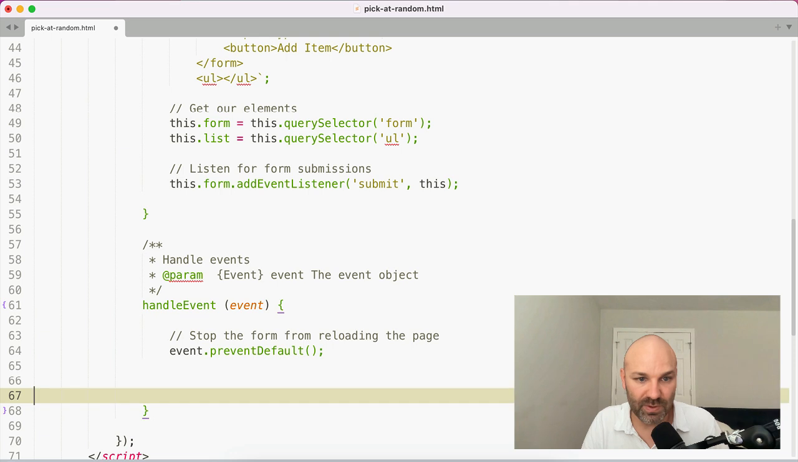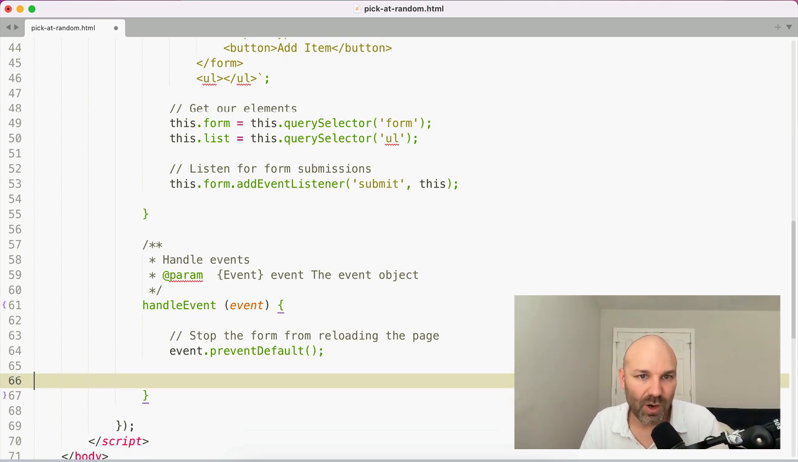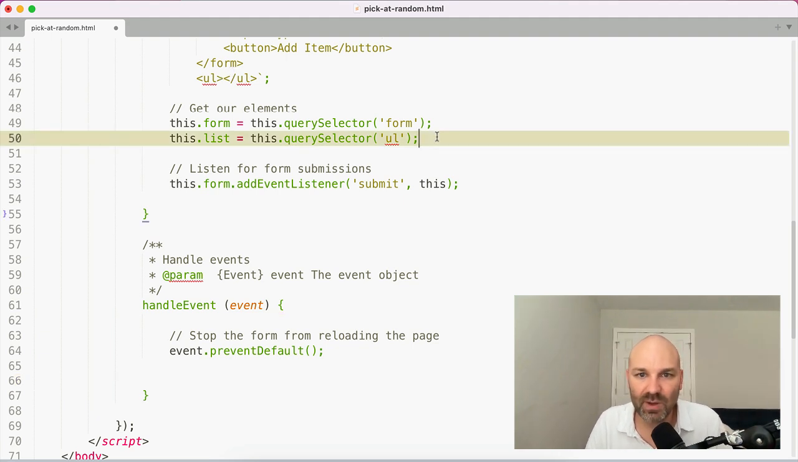Now we're ready to do fun stuff. So every time someone submits an item, we want to get the text from it. We want to add a list item to our unordered list, and we probably want to clear out the form. So let's add one last